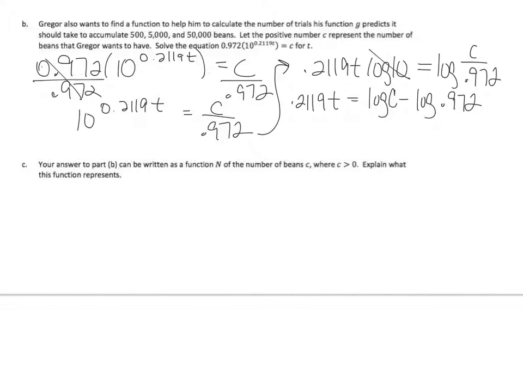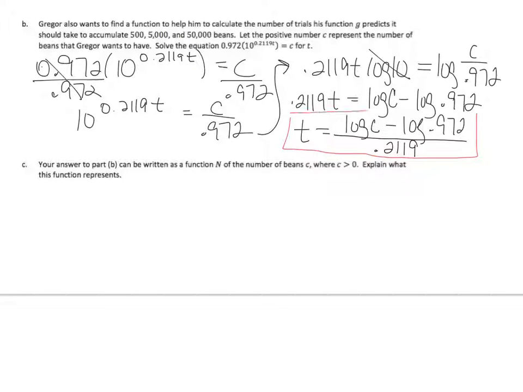Now I can divide both sides by 0.2119 and I am done. Log of C minus log of 0.972 all over 0.2119. Cool. That right there is the equation I need to figure out how many trials it'll take me to get to different spots. Cool? All right, so your answer to part B can be written as a function n of